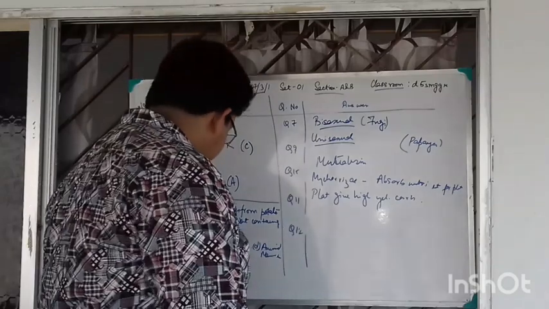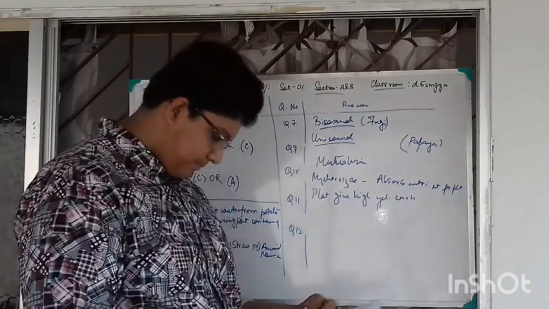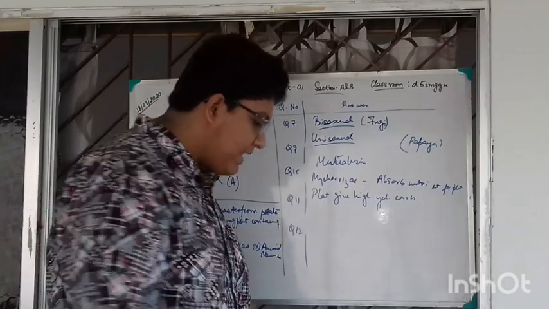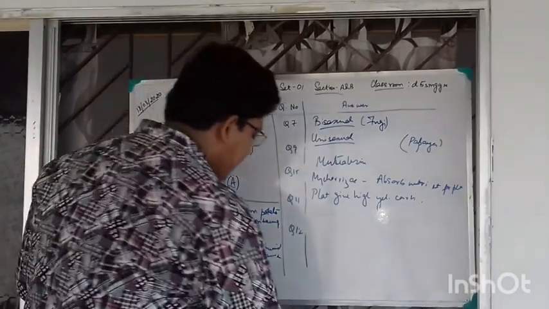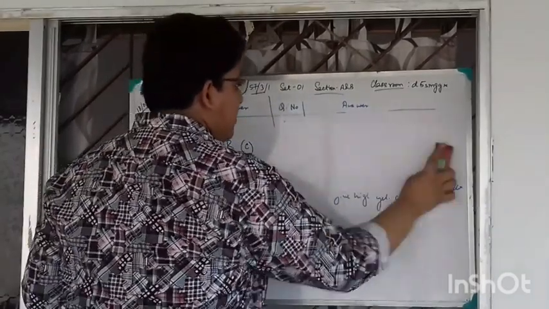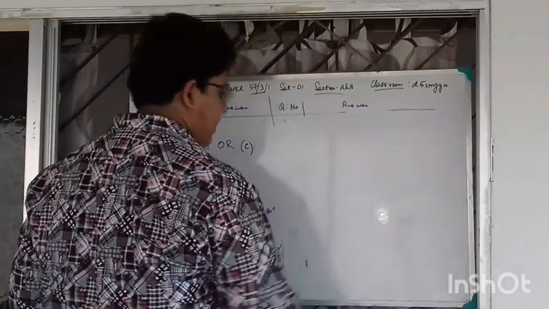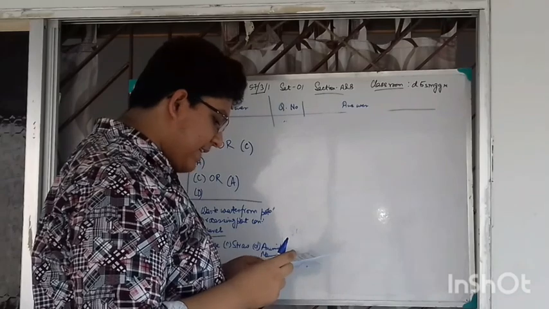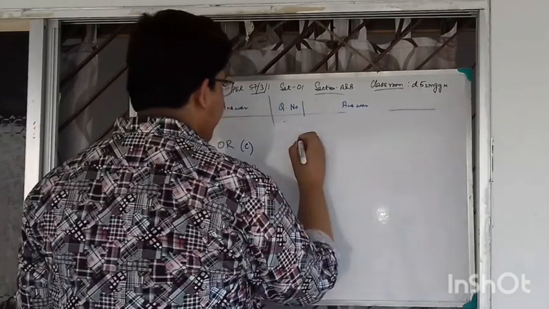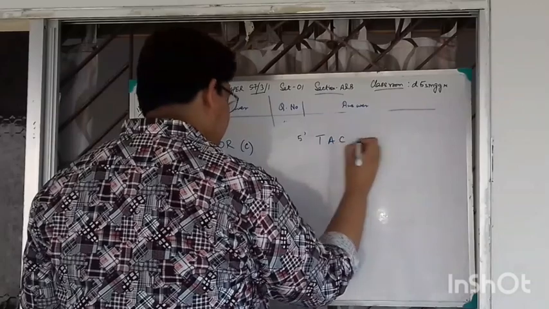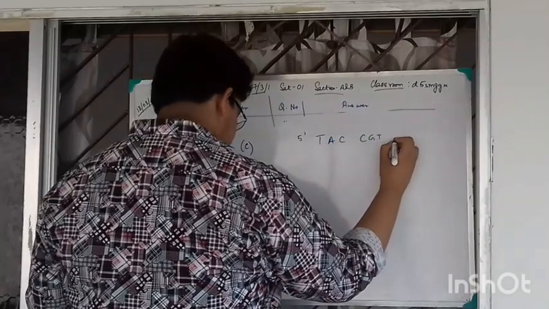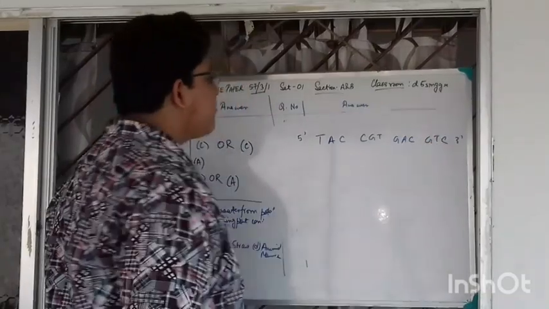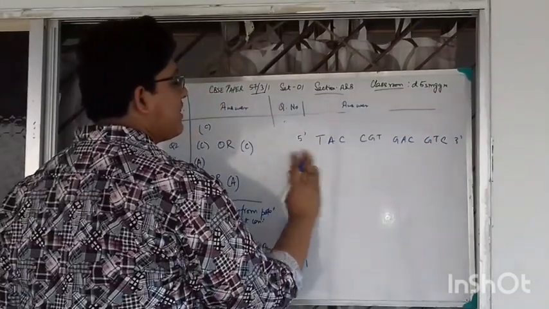Okay. The next question is: given is a DNA strand, write its complementary strand and the RNA that can be transcribed. 5 prime TAC CGT GAC GTC 3 prime. So as we know, T forms